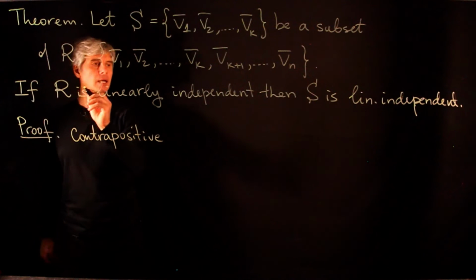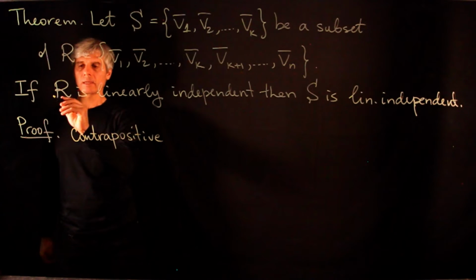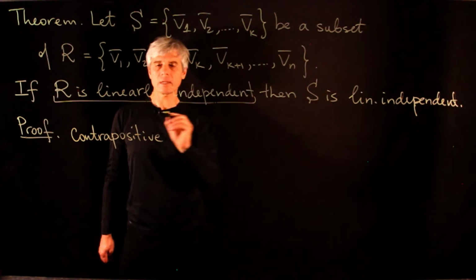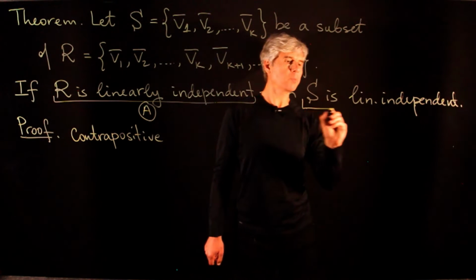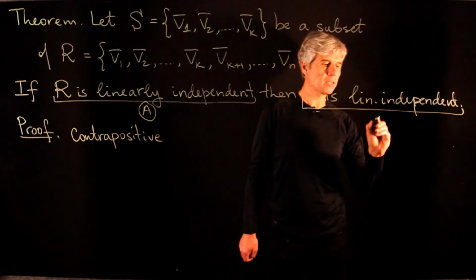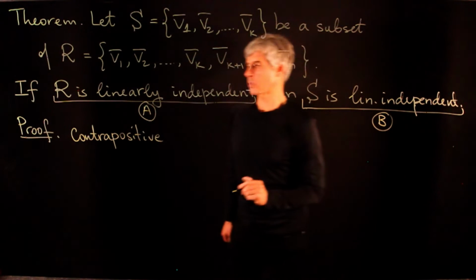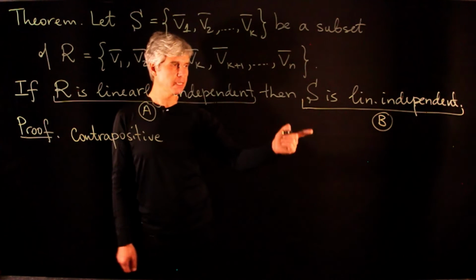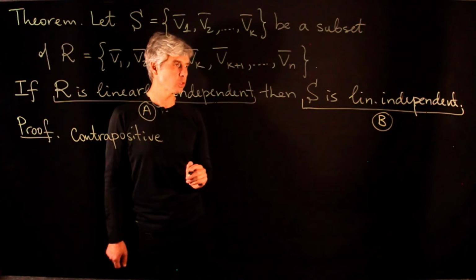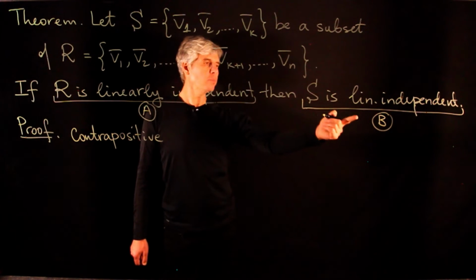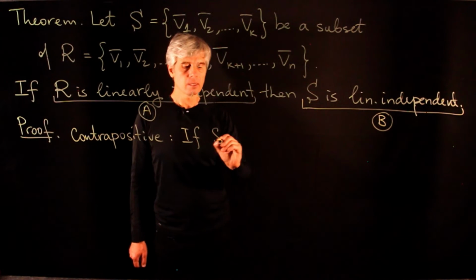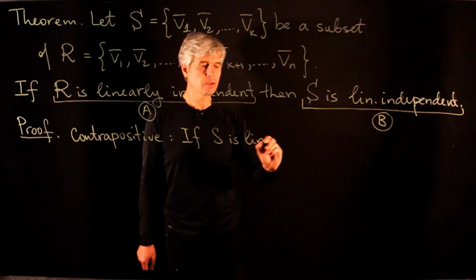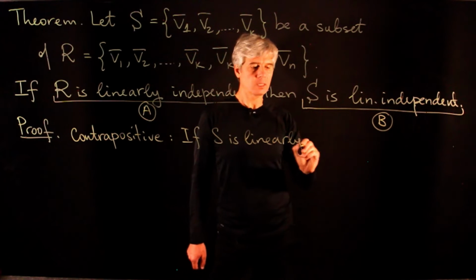Here, our statement A is: R is linearly independent. And our statement B is: S is linearly independent. Contrapositive means negation of B implies negation of A. Negation of B becomes: if S is linearly dependent,